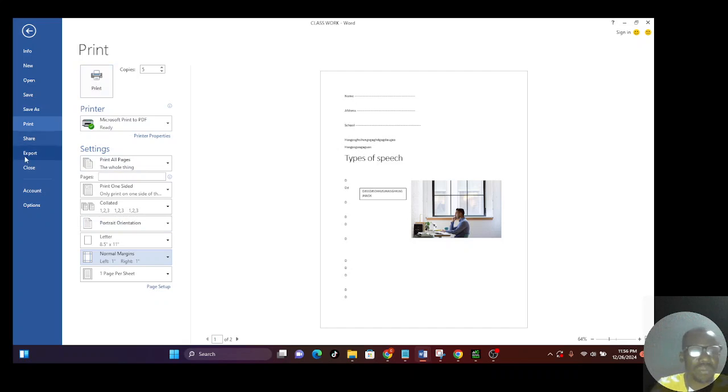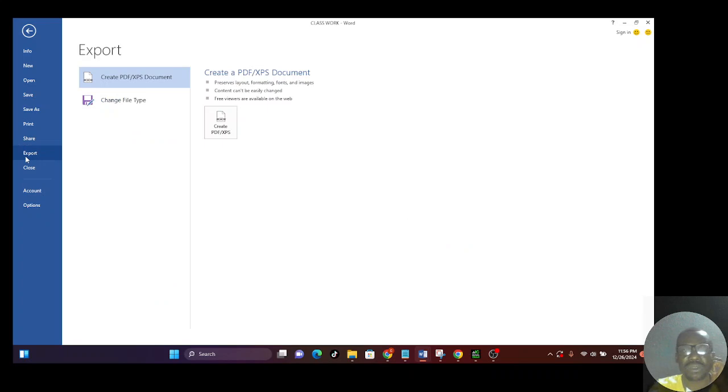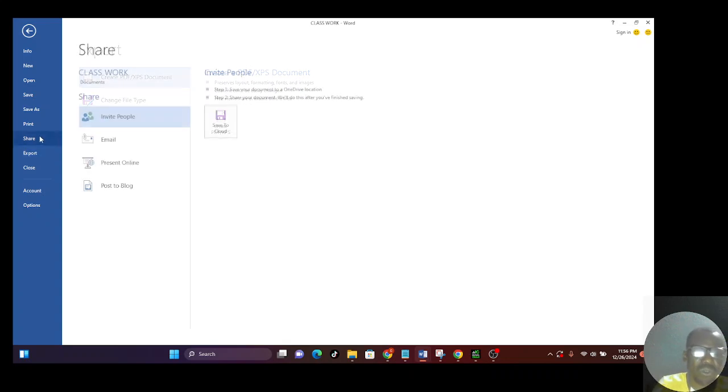You can also decide to export this. Okay, you can click on export. Decide to export this maybe to a group of friends, your classmates, your teacher, your students, or a boss, and stuff like that. Okay, so under export, you can also convert it to PDF or XPS document, and also change the file type and give another file type. And for some powerful systems, it also shows you where you can use Google. You can use your MTA. We're talking about